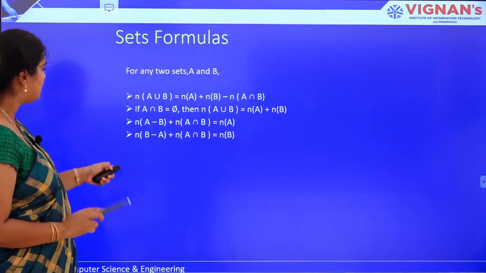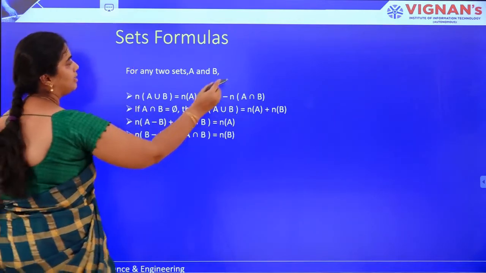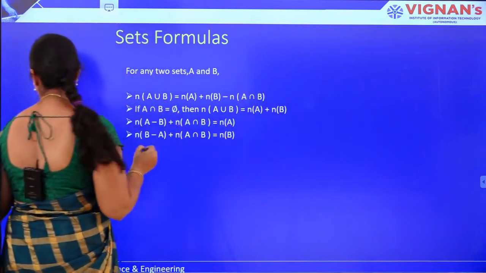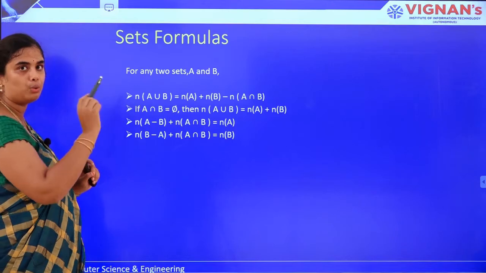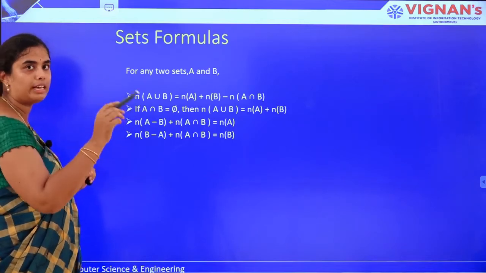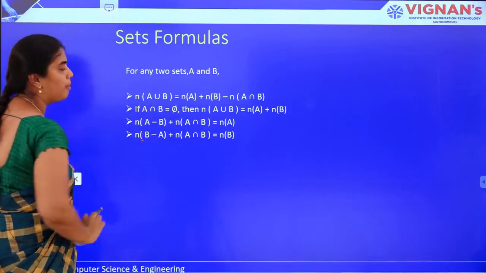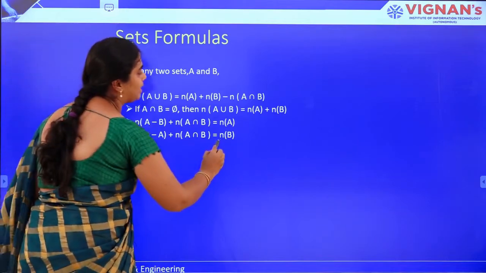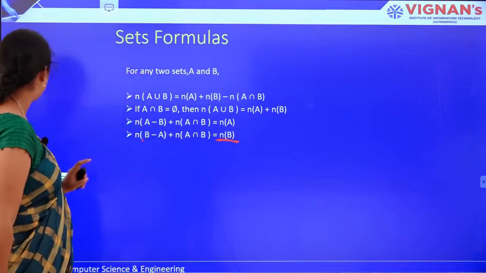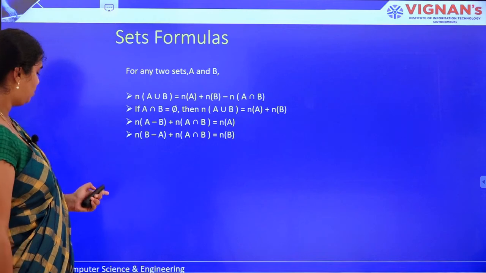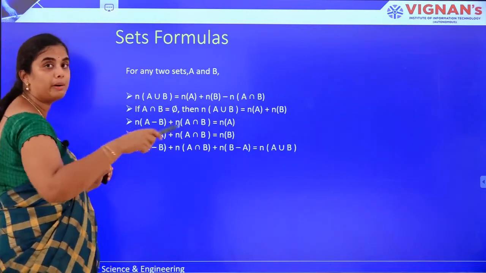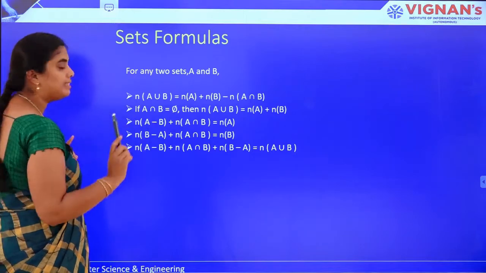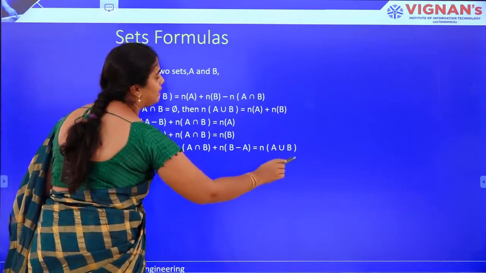Similarly, apply the same sets, A equals 1, 3, 5 and B equals 2, 3, 4, on this formula also. Then you will be deriving exactly the same elements which are present in B. Then coming to the next one, similarly, if you perform this operation on the two sets A and B, you will be deriving n of A intersection B.